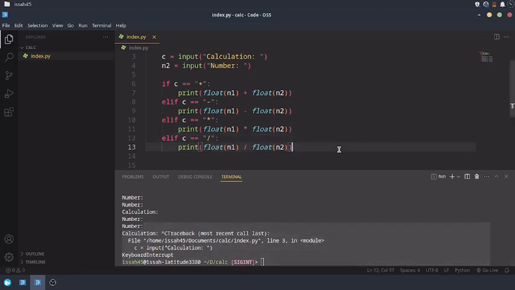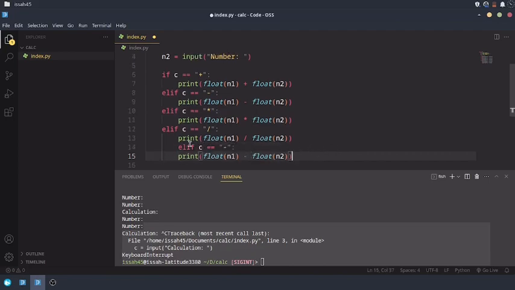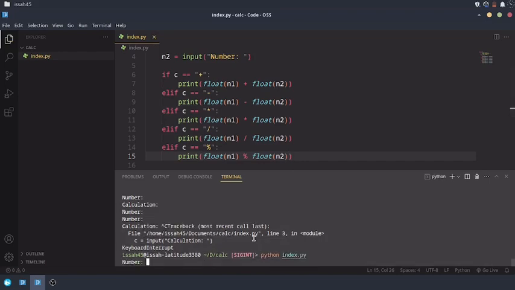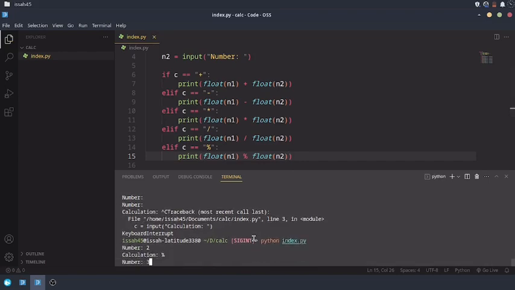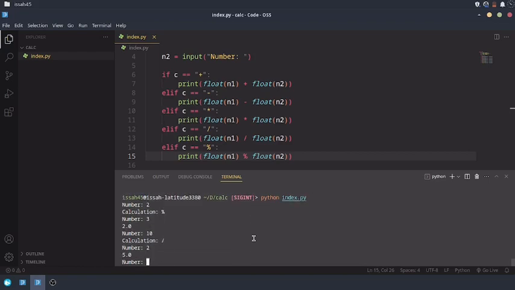So now, let me also add another calculation. Elif c is equal to this, paste. Elif c is equal to this, print c this. 2, 3, 2, 10 divided by 2, 5,